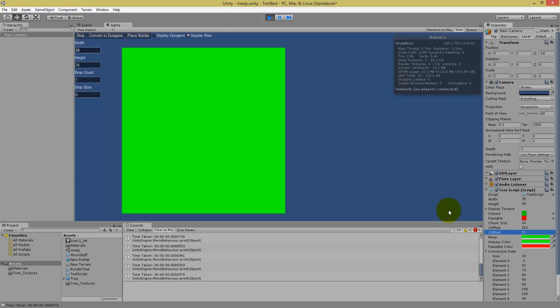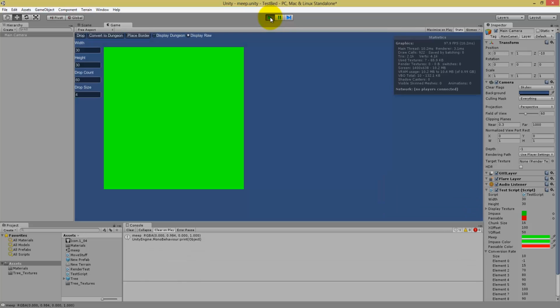Something to keep in mind when you are altering values in the inspector like this during runtime, those altered values will not be saved when you stop the play preview. This is good and bad. It means if you screw something up, all you have to do is stop the preview, start it back up, and the screw-up is gone. It can be annoying sometimes when you get that absolutely perfect positioning, and you forget to write down your values, and you stop, and it goes away. So it's just kind of a